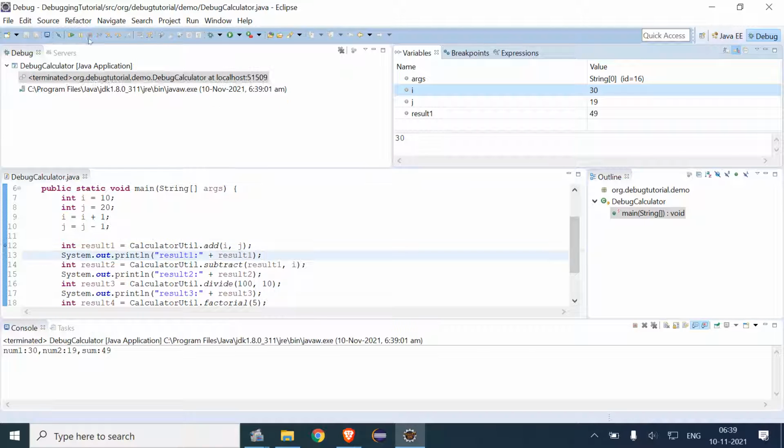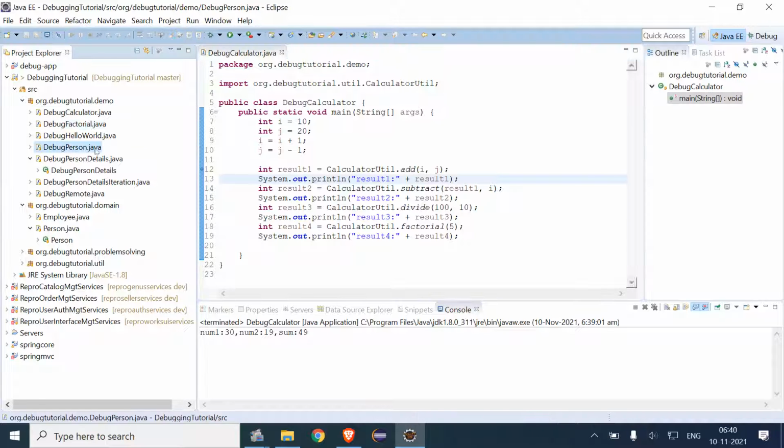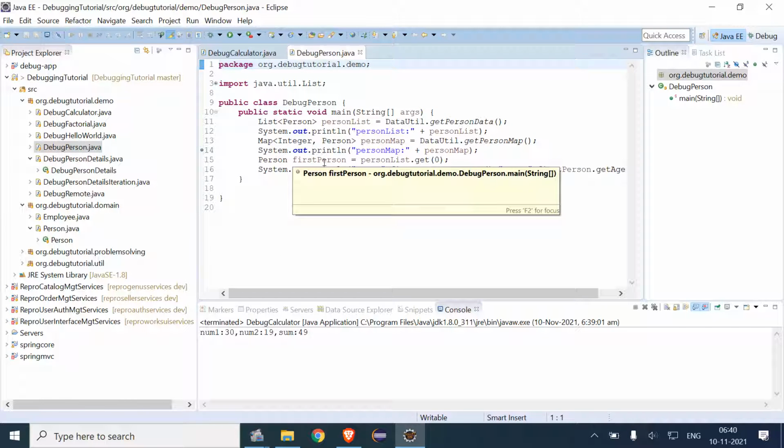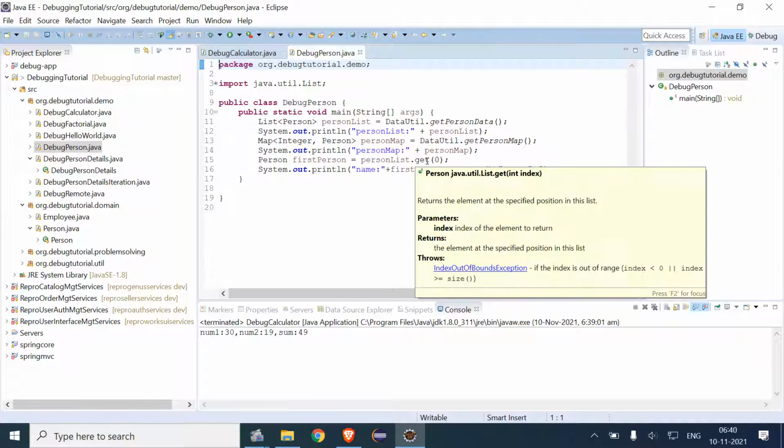And if I terminate this program and I come back, and if I come to debug person.java and I come on line number 15, I will just disable it. So we have this person list.get(0).